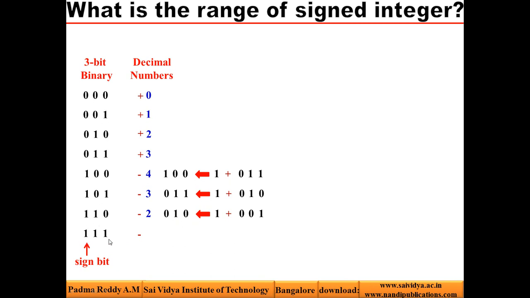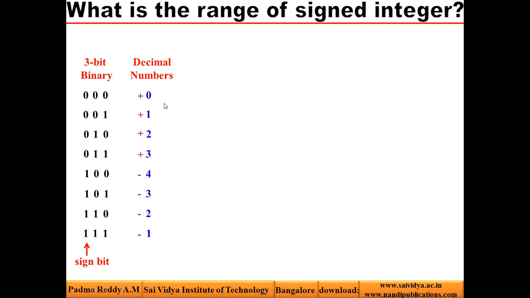Take one's complement first. What is one's complement of this? 0, 0, 0. For that you add 1 to get 2's complement. What is 0, 0, 0 plus 1? It is 0, 0, 1. What is 0, 0, 1? 1.